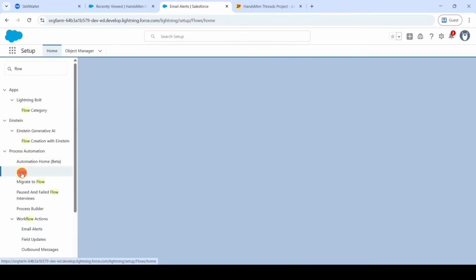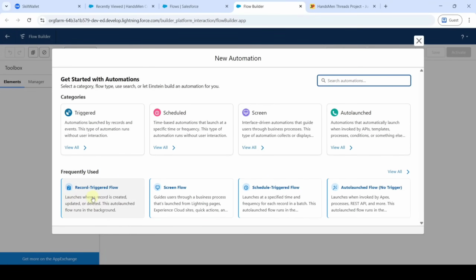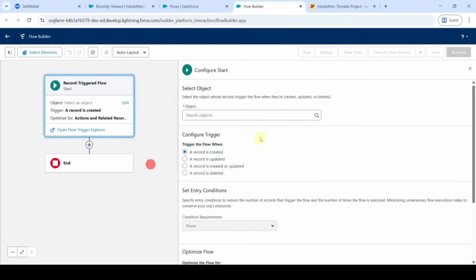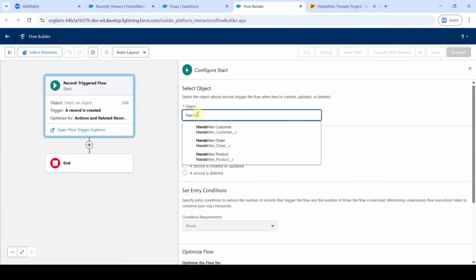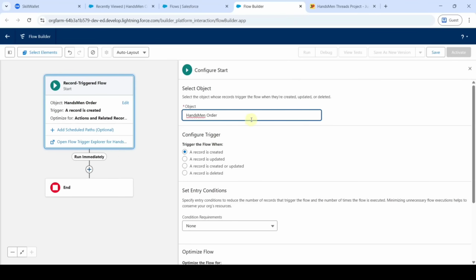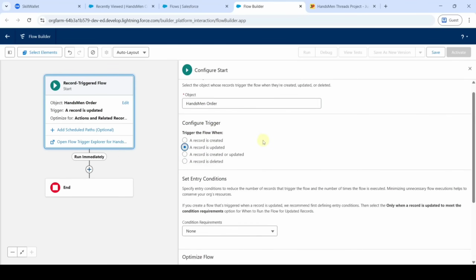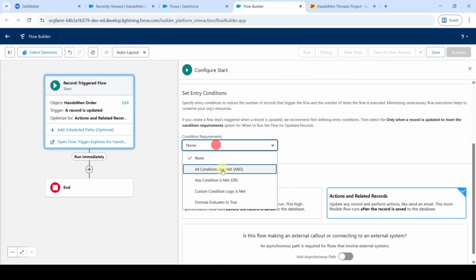Select these flows. Here click on this new flow button. Now select it as record triggered flow. From here we need to select the object as HandsMen order. Select this HandsMen order and this flow should be triggered when a record is updated, and also here select it as all conditions are met